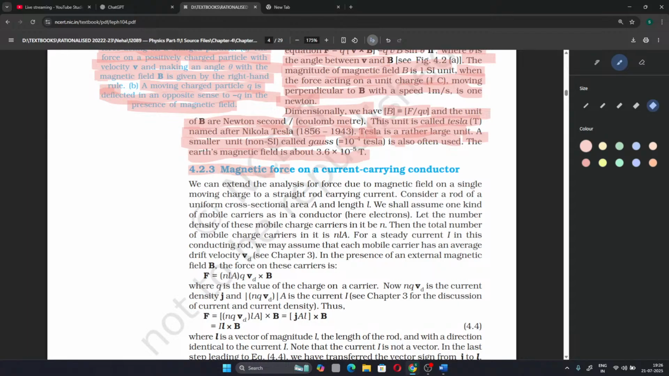And the next topic is magnetic force on a current carrying conductor. We can extend the analysis for force due to magnetic field on a single moving charge to a straight rod carrying current. Consider a rod of uniform cross-sectional area A and length l. The charge carriers in a conductor are only electrons. Let the number density of these mobile charge carriers be n, small n. The total number of mobile charge carriers in it is